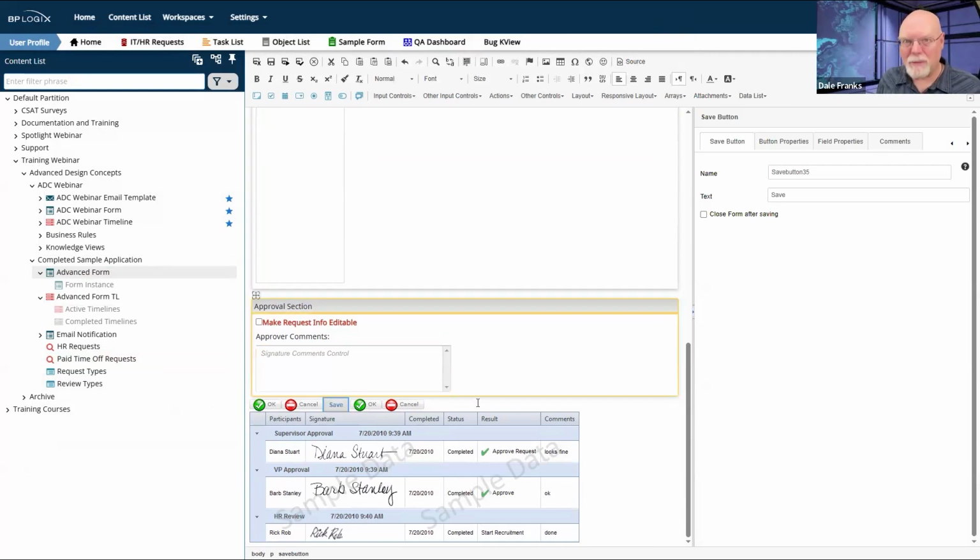I've got to have that form submission. It's got to go back to Process Director. Process Director has to save all of the information on it, and it has to be assigned a version number on that form so that I know where I am in the save. That's why the close form after saving checkbox has to be checked in order for it to show up on a new form instance. I apologize for the fact that it works that way, but that's how it works. And look, there's some justification for it.